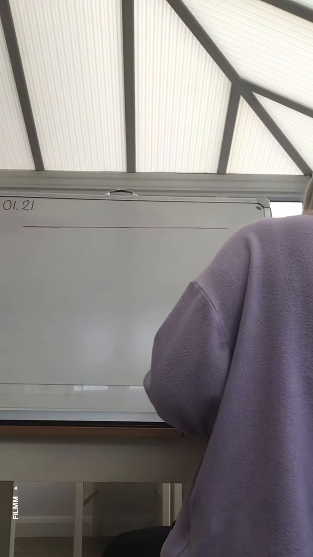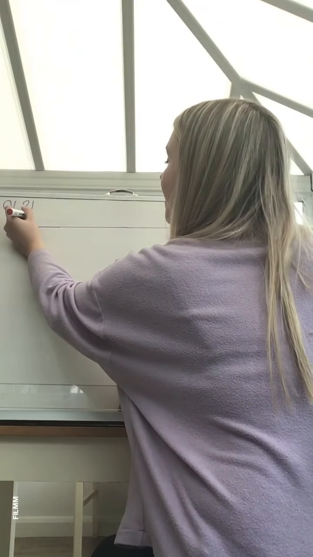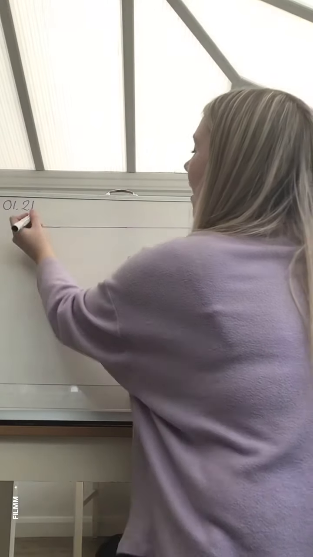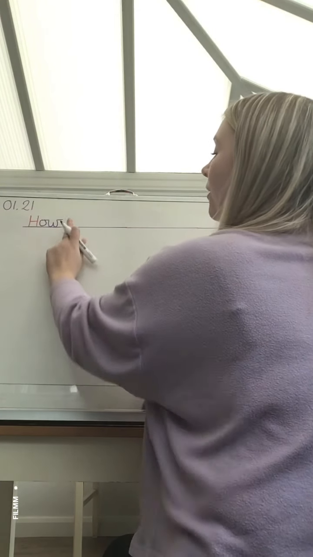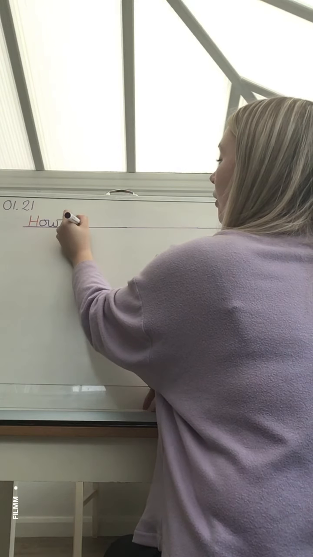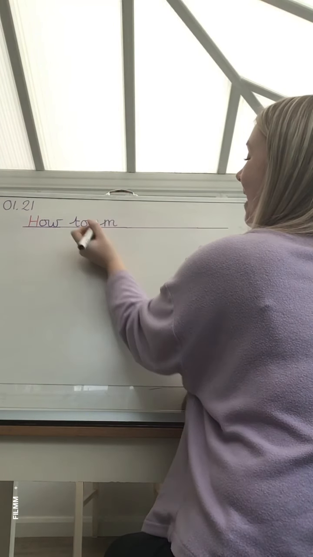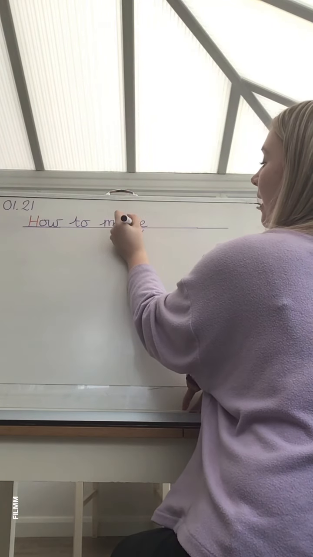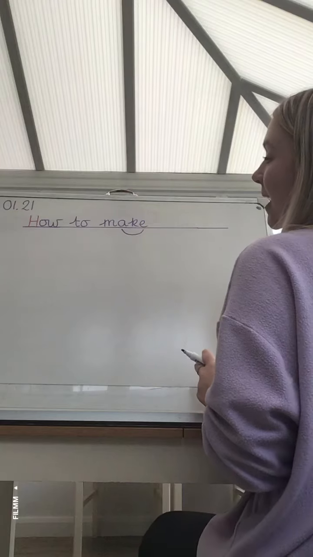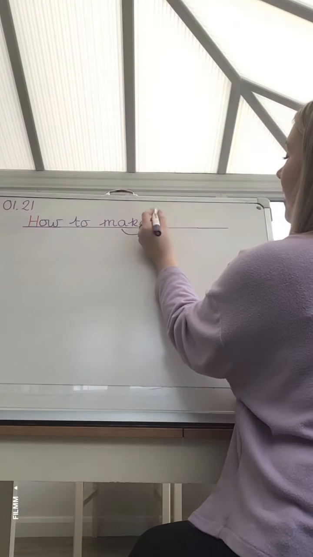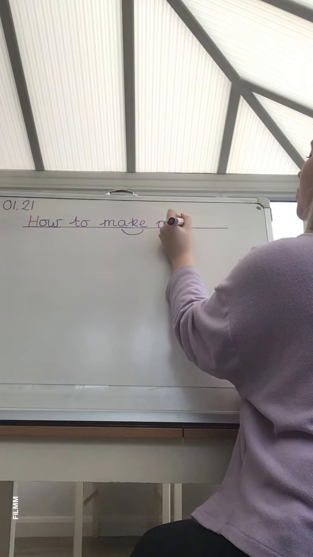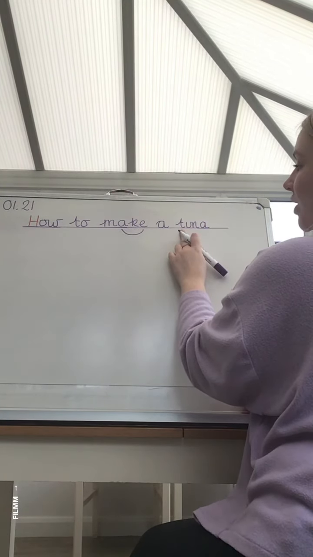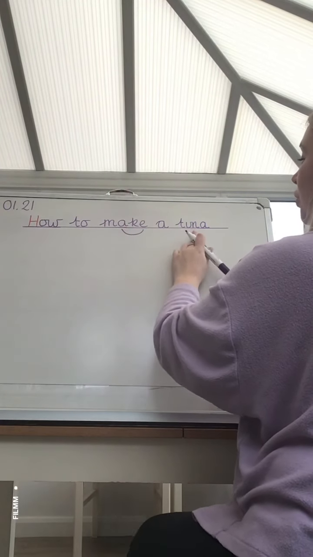I'm remembering to use a capital letter at the beginning of my sentence. So a capital H for how, finger space, to make, using our split a digraph. So split a with a sensible k in the middle to make sure that our split a digraph is making the right choices. How to make a tuna. Remembering tuna sounds like a ch, but it's actually a t. How to make a tuna